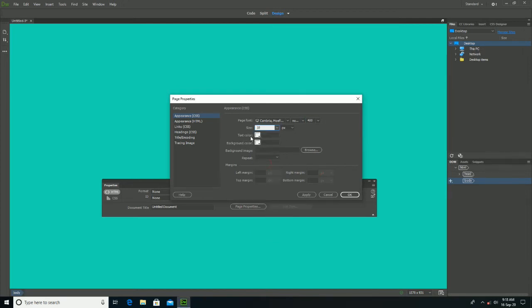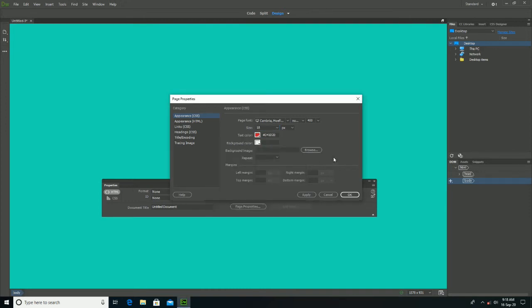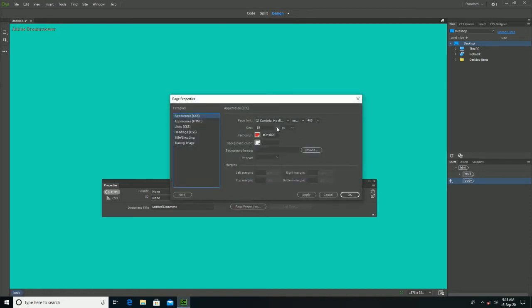Also, you can change the text color and click on the apply. You can also edit the text, change the size of the text. You can also change the color.